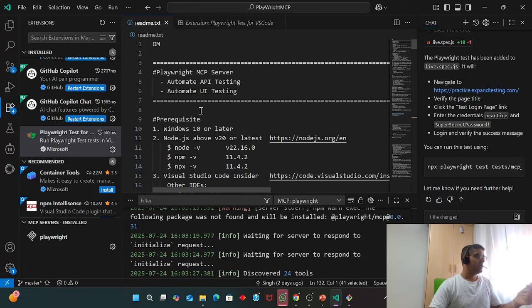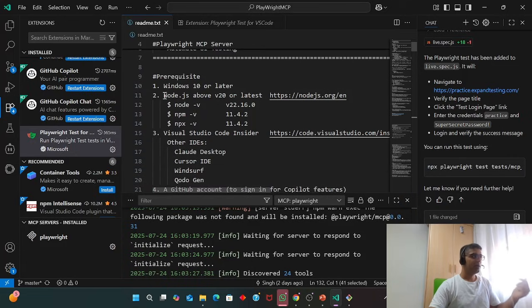So what are the other prerequisites you need? You need Windows 10 or later, or whatever Mac or so on, whatever you have, you can try with that. Node.js: install Node.js from this particular website. This is what we need for the installation. Just go to the site, there will be an exe download, double click and it will get installed. I have already run it, you can just check on your side. No need to match my numbers. Whatever the latest version you have, it will work, no problem.